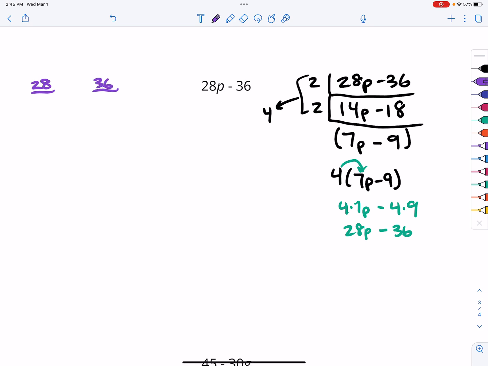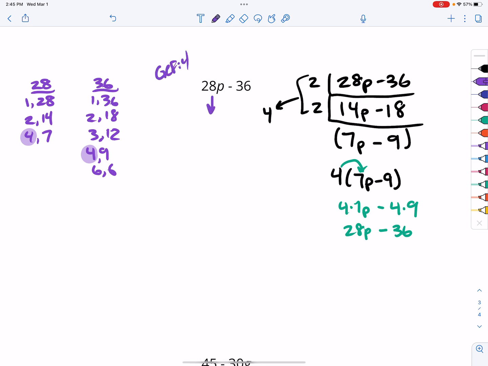Let's see, what are all the factors of 28? 1 and 28, 2 and 14, 4 and 7. And that's about it. All the factors of 36: 1 and 36, 2 and 18, 3 and 12, 4 and 9, 6 and 6. There's a lot of factors there. So the greatest factor that we have in both of those is a 4. So that means if my GCF is 4,